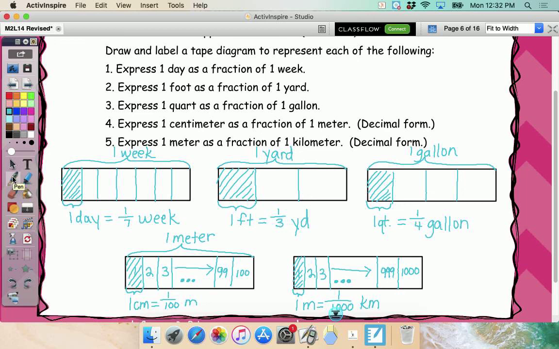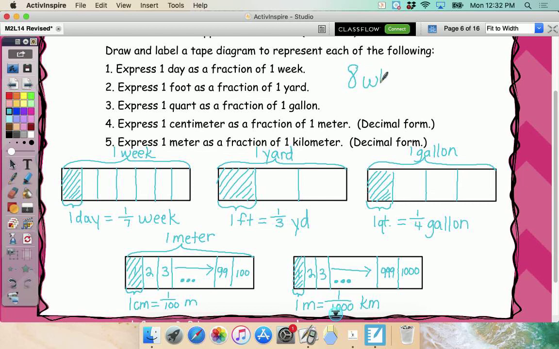Solving problems today. If you were gone, you don't have to quickly write these. I'm going to refer back to this page so you'll be able to look at it through the lesson, okay? And then you'll get the hang of it. So the thing that's different about these problems and the problems we did earlier is that the problems we did earlier were